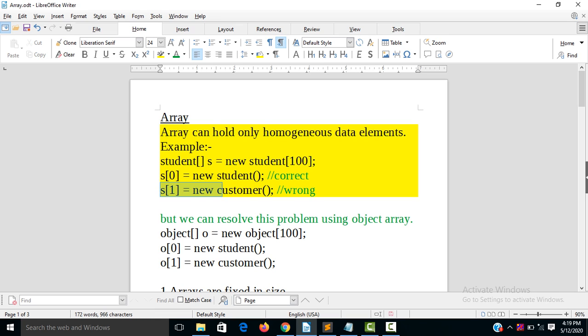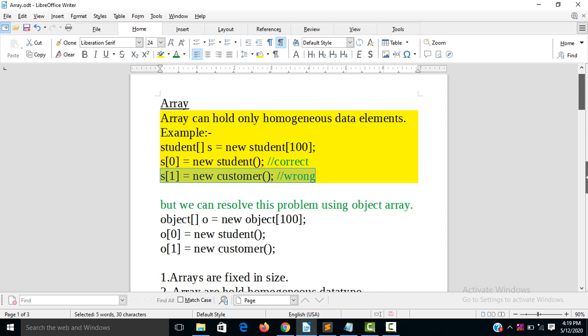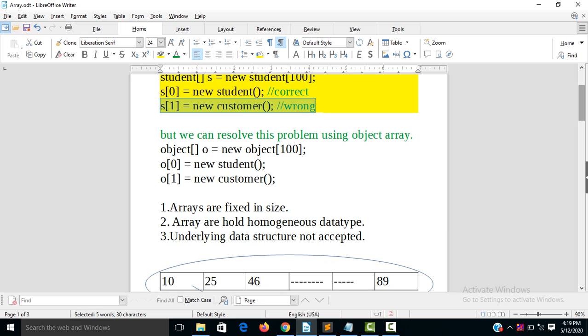But we can resolve this problem using an object array. We can resolve this problem by creating an object type of array. So here an object type of array is there. Object wo equal to new Object 100.